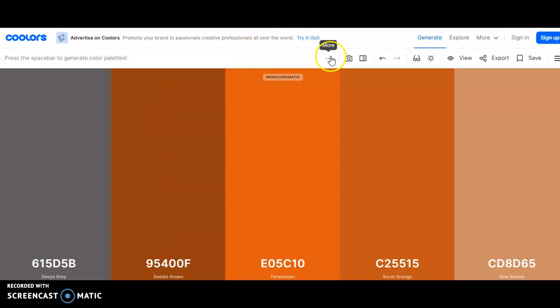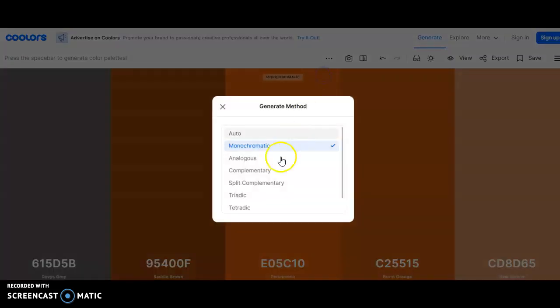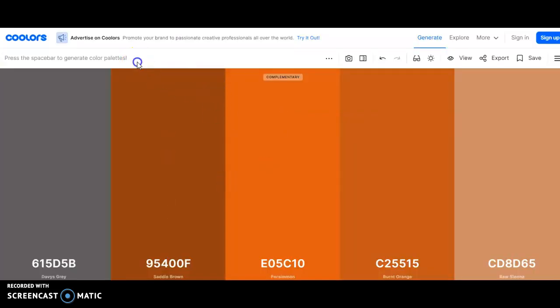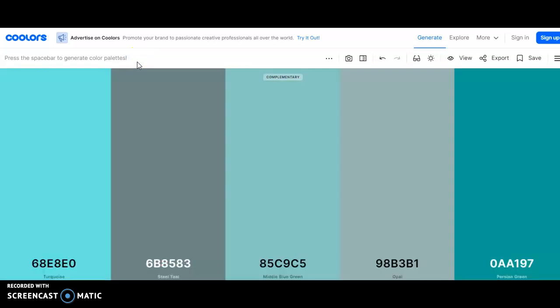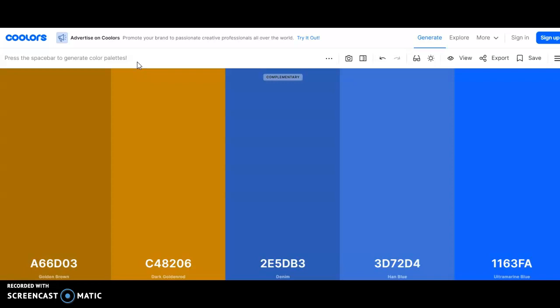Okay. So same thing. If I go to complementary and then I hit my space bar, then we get complementary, complementary, complementary, right? And then of course, like I said, you can always change the shades, right? Now for warm, cool, neutral, you may want to start from something that's not as random, right? So in order to start from something that's not as random, what you would do is you would go to explore,